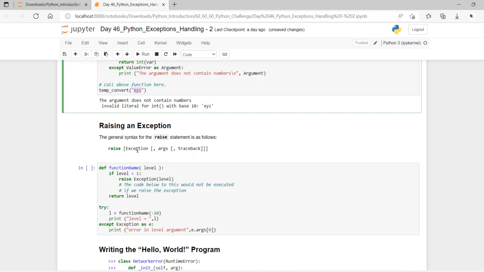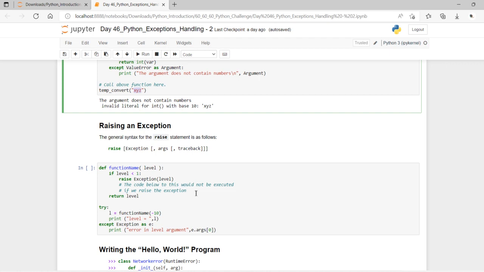Okay, so here the exception is the type of exception, and the argument is a value for the exception argument, and the argument is optional. If not supplied, the exception argument is None. Okay, that is the exact syntax. And the final argument, traceback, is also optional, rarely used in practice, and if present is a traceback object used for exceptions also. Okay, let me just see it with an example.